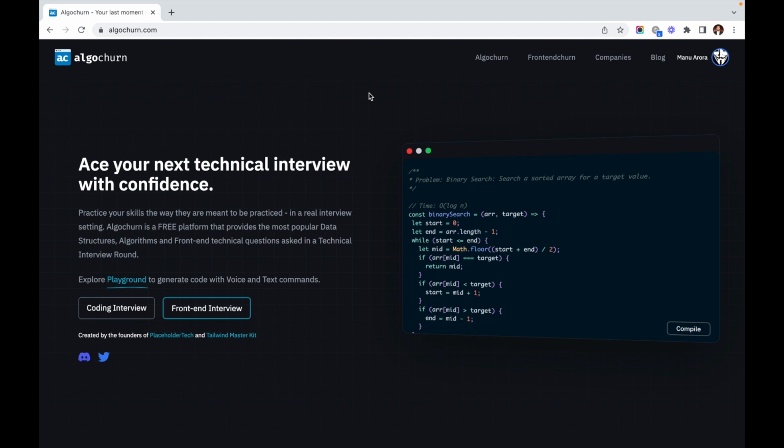Hi everyone. Today I'll walk you through Algochurn, which is a free platform where you could practice your front end and data structures and algorithm skills before a technical interview round. So, talking about Algochurn, it is a free platform where we have a list of front end technical interview machine coding questions,